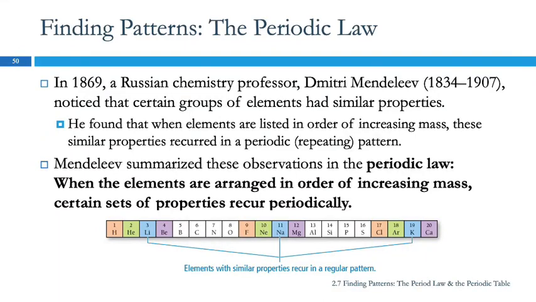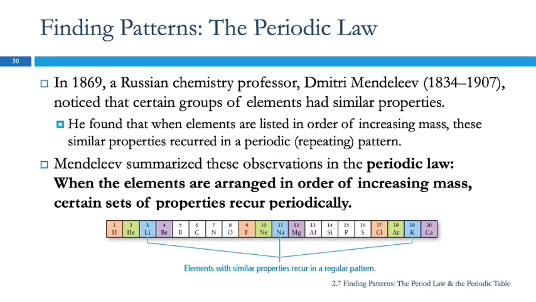Okay, so this section we're going to talk about patterns, the periodic law, and the periodic table. So, we got this periodic table on the wall. Where did it come from? Well, back in 1869, Dmitri Mendeleev noticed that certain elements had repeating properties. And so he put the elements in order of increasing mass and found that these properties reoccurred in a periodic